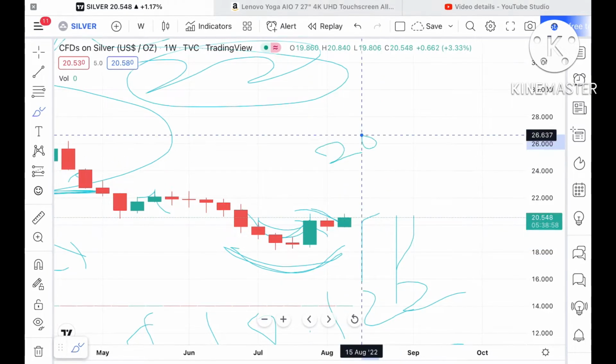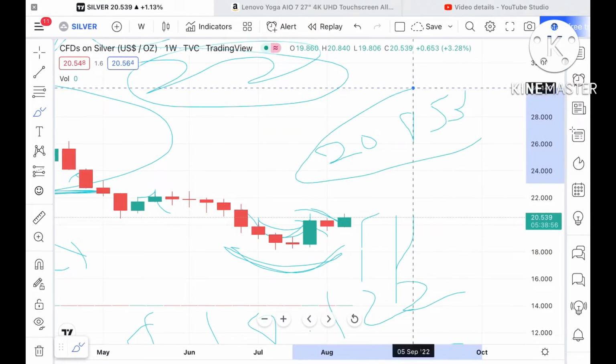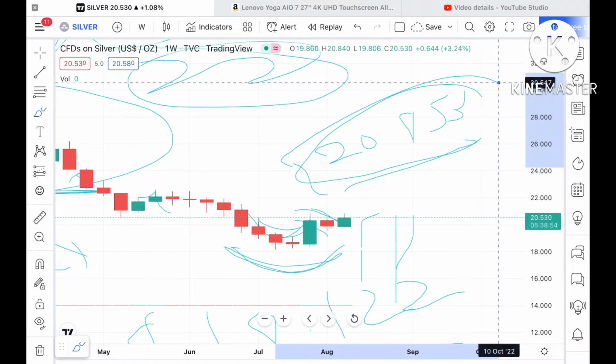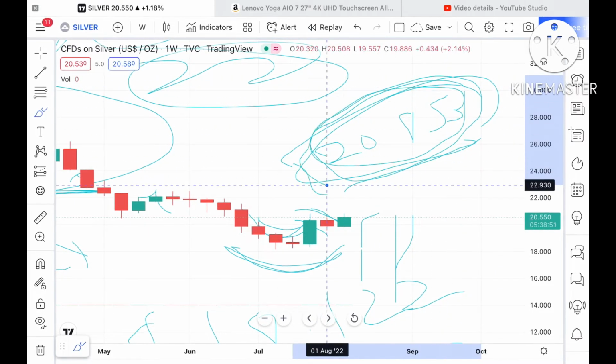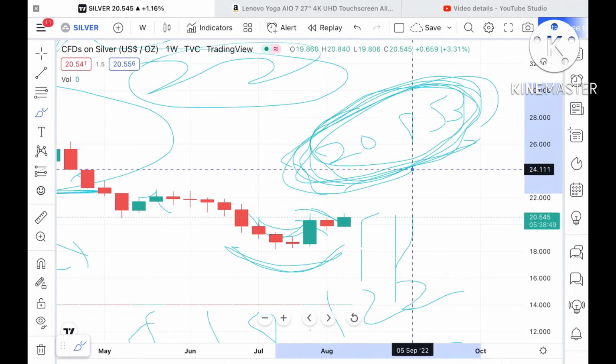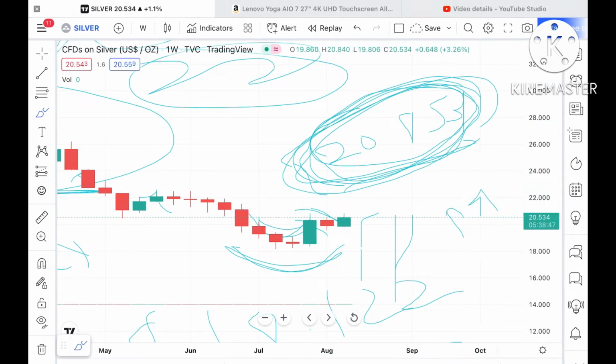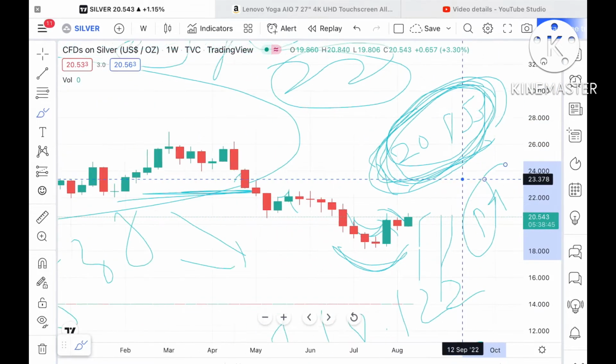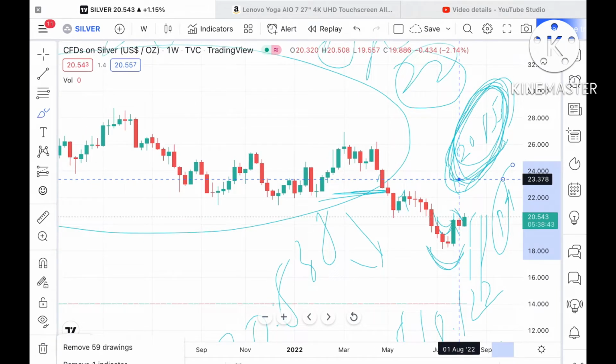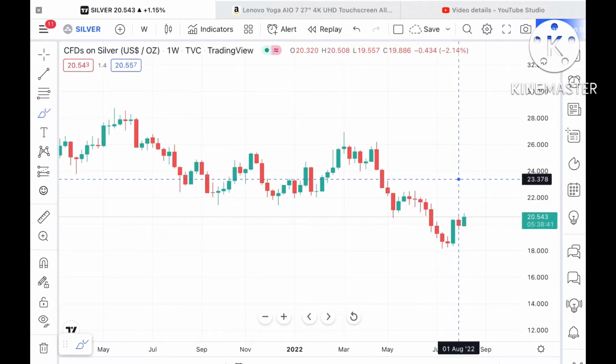Keep this in mind that 20.853 is a weak resistance, so there is a higher probability that if the price of silver comes in this particular zone, it can cross this particular level and can go further high. Before we move forward and explain further how it can move in the next week,